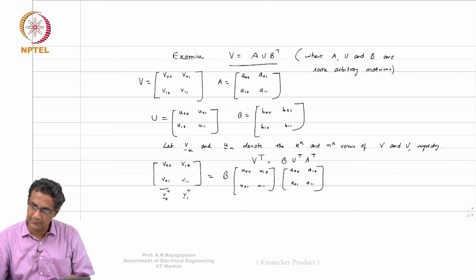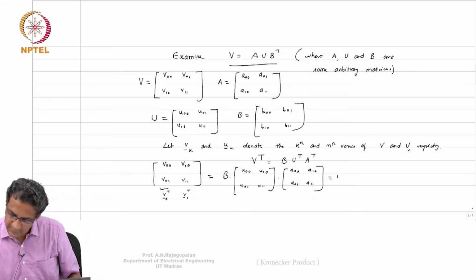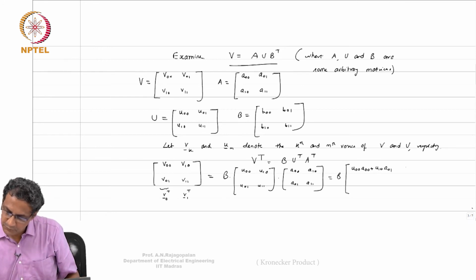This is what it looks like. If you multiply this, what do you get? You get B times U00 A00 plus U10 A01, U00 A10 plus U10 A11,